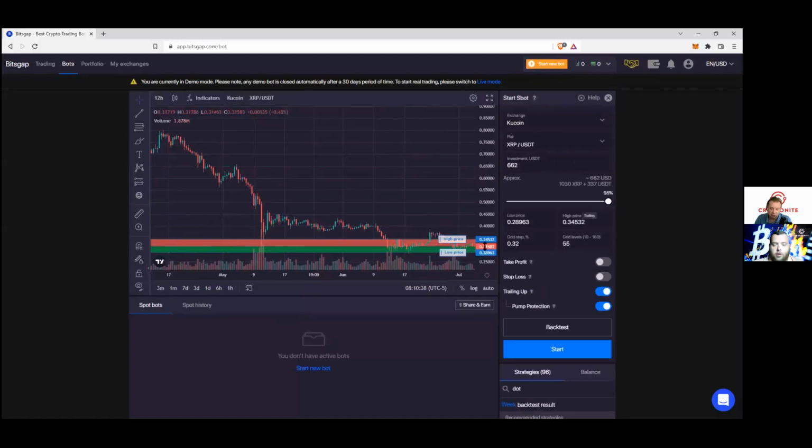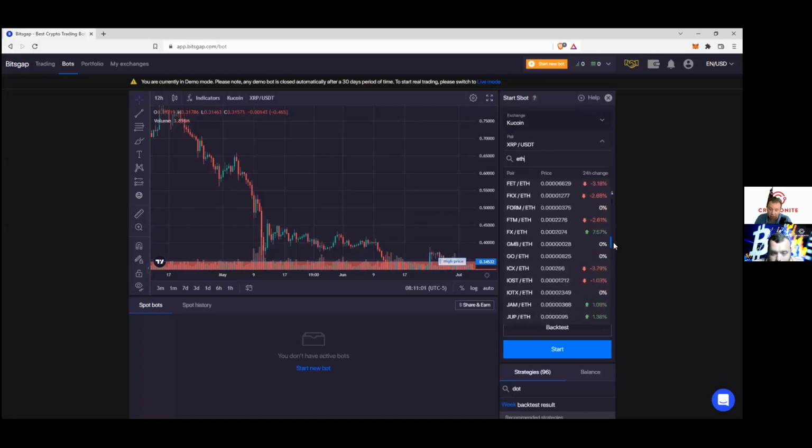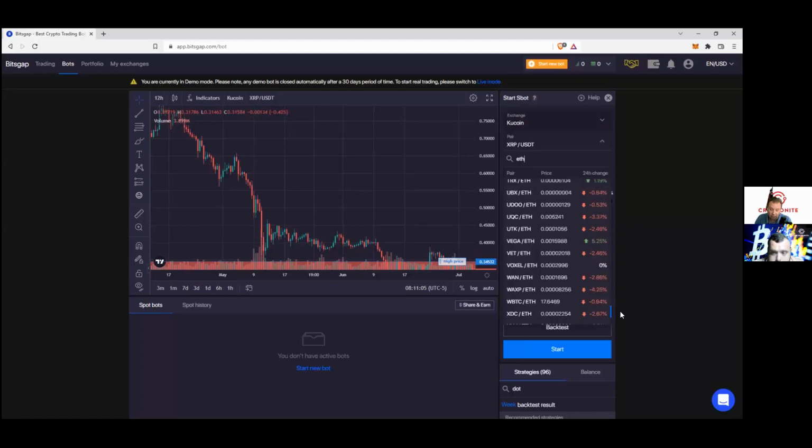So second bot is the S bot right here. So we can say, hey, I'm going to set up a second bot, and this time I'll take another coin, for instance. So let's say we're going to do Ethereum. And of course, Ethereum is traded against a lot of other coins. So I can either trade against another coin, or I can say that I want to trade maybe against a stable coin,